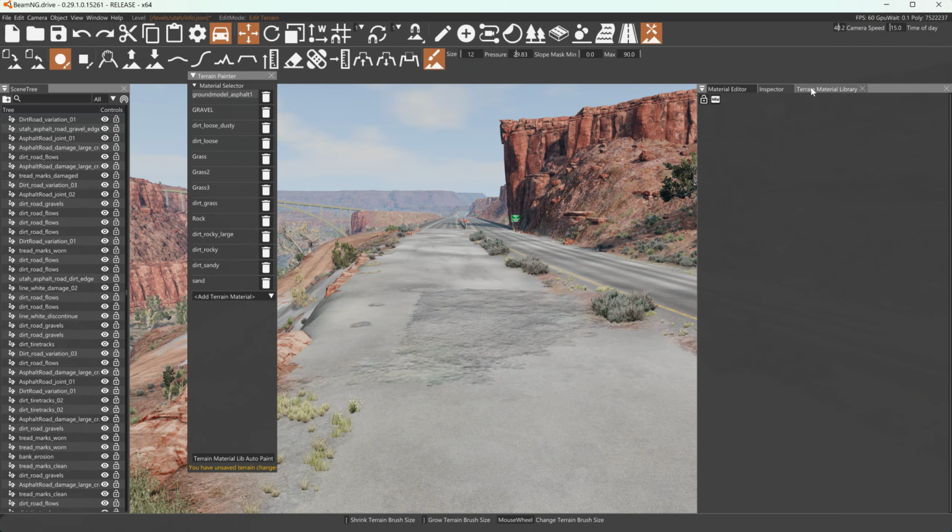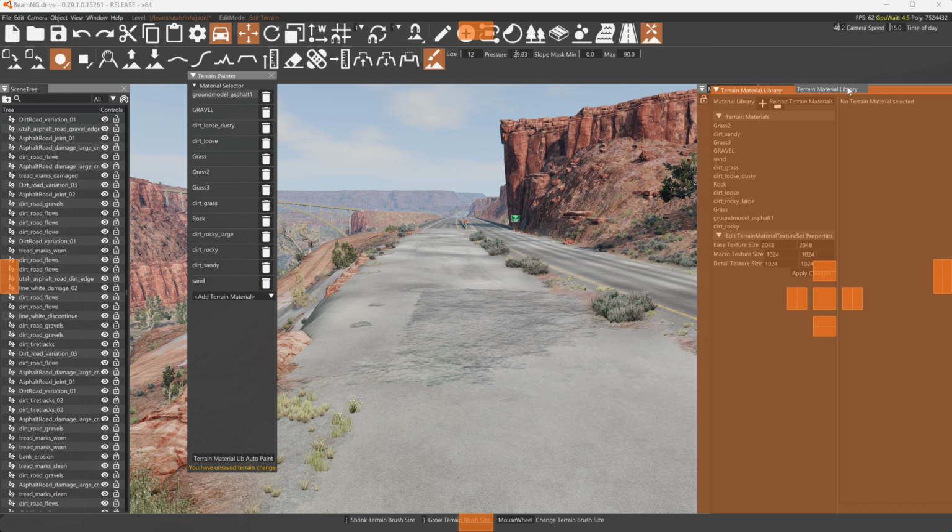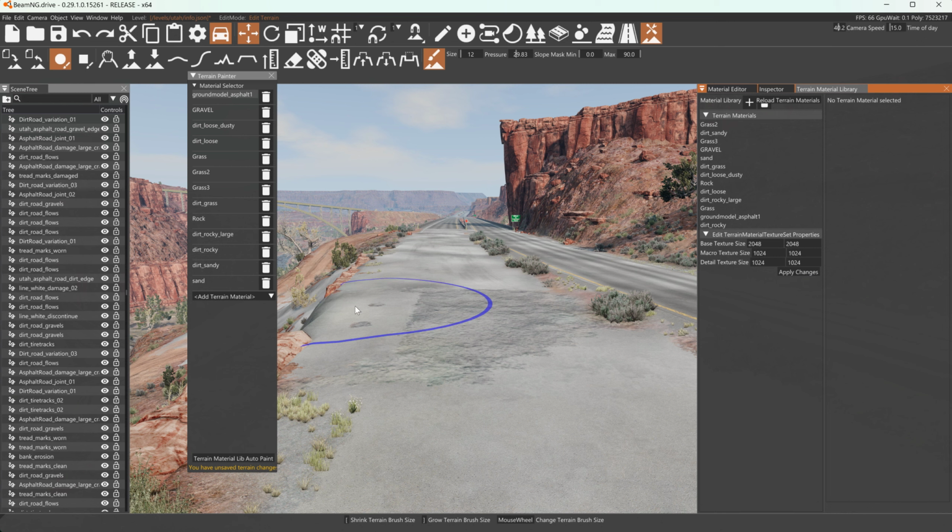So to fix it, go to your terrain material library. It's usually in the terrain painter. Down at the bottom you'll see it. I just have mine anchored in there so it's always in the same place. So whatever your base texture size is,